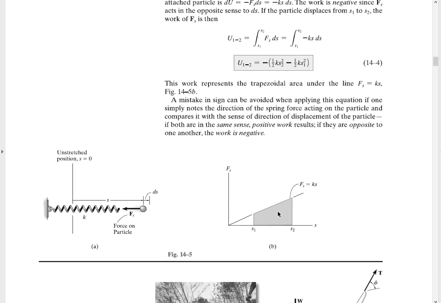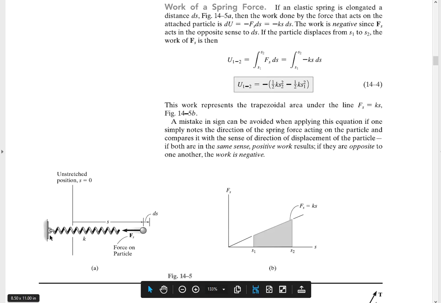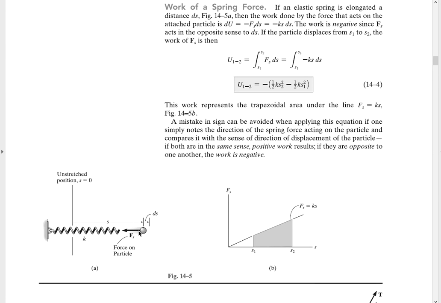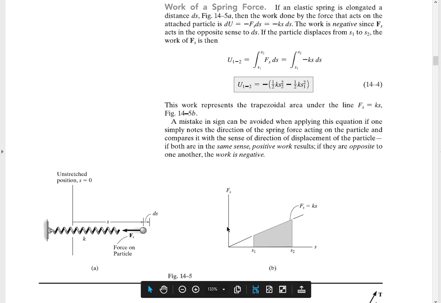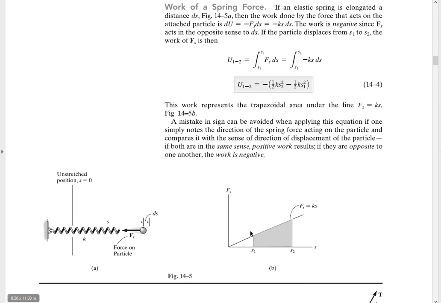So what is the work of a spring? An ideal spring is assumed massless, of rate k, and say the particle is connected to the spring, and you apply a force towards either compressing or stretching the spring. And depending on how you measure s, we assume identical behavior in tension and compression of the spring,